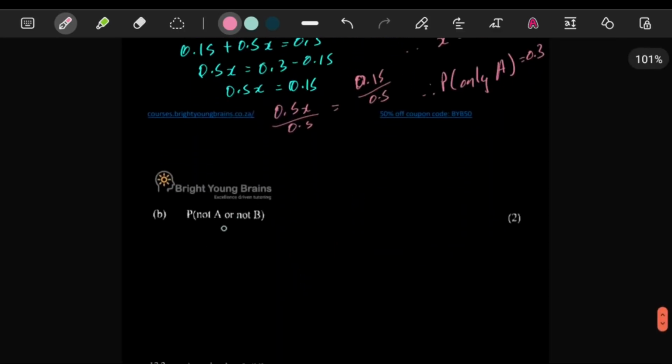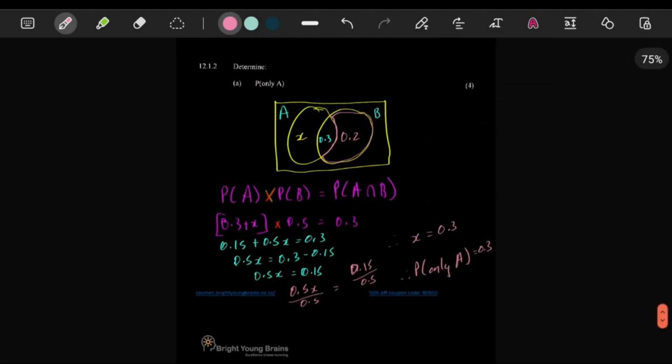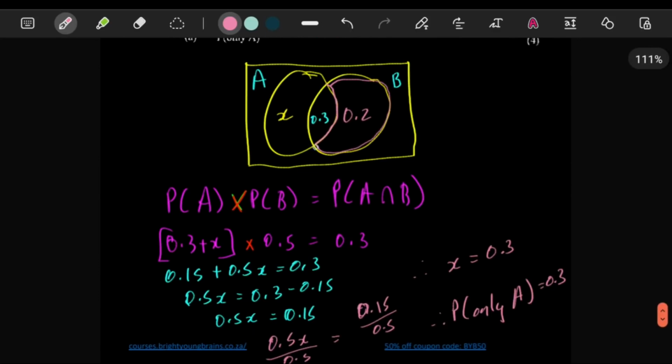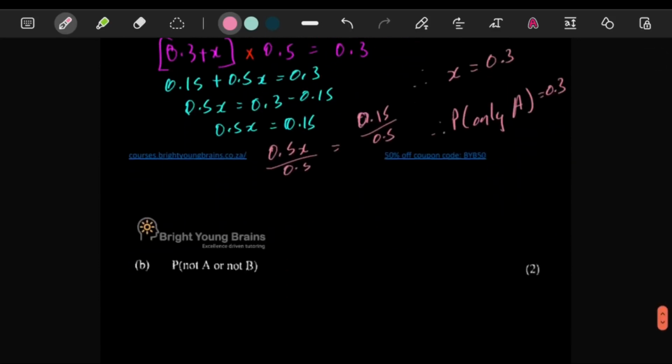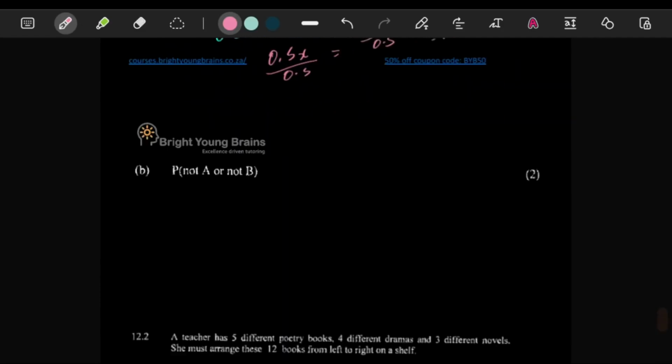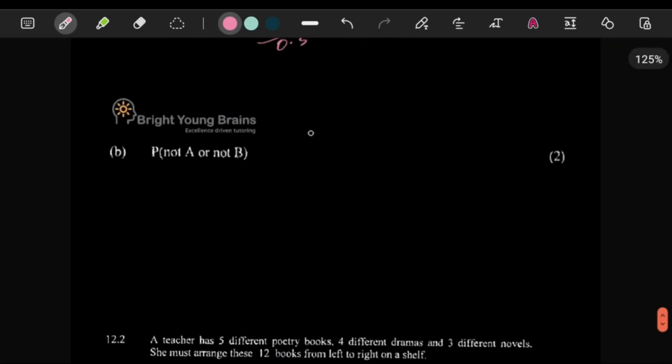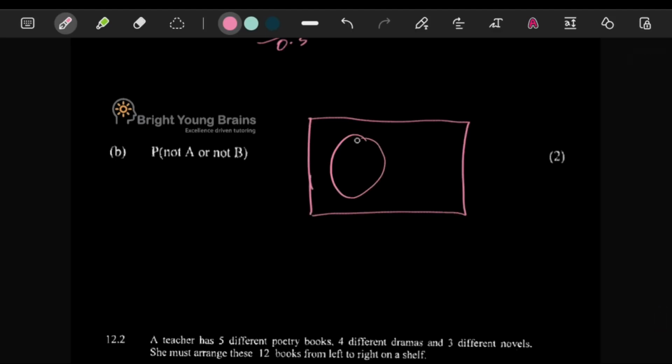So now we can work this out. Probability of not a or not b. Well, this Venn diagram can help us now. You see, probability of not a or not b. Well, let's just draw a Venn diagram, because our Venn diagram is complete now. You see, circle,